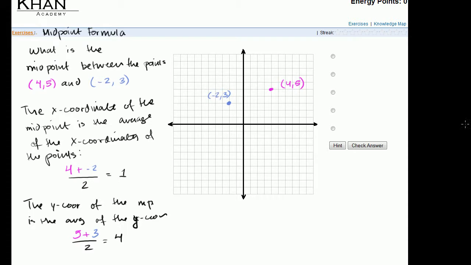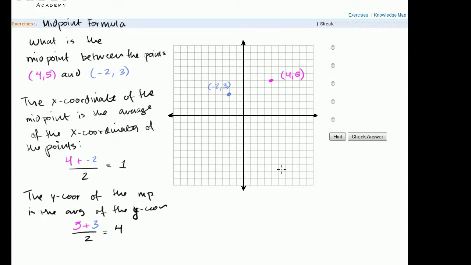And then if they click hint again, we say the midpoint is 1, 4, and then we can graph it. So 1, 1, 2, 3, 4, right over there, the midpoint. And we don't have to show that the distance is the same. I think you can visually see it right there. And you might want to make that really big, or however you want to do it, whatever you think makes